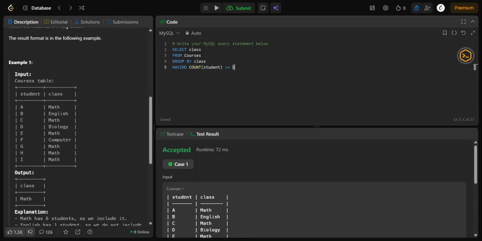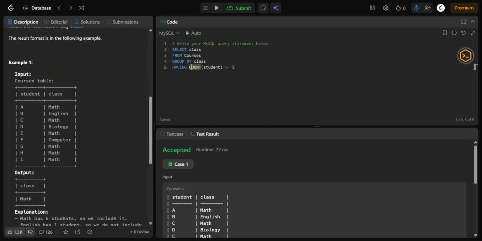Now let's execute the query manually first. The GROUP BY creates four groups for math, English, biology, and computer. For the count of students, math count will be 6, English count will be 1, biology count 1, and computer count 1.